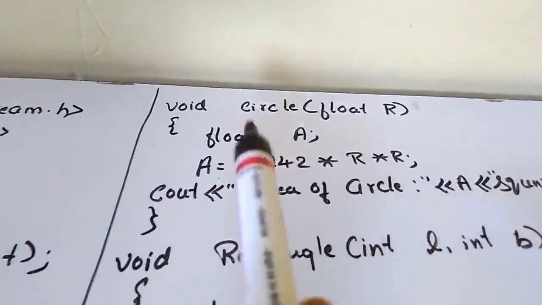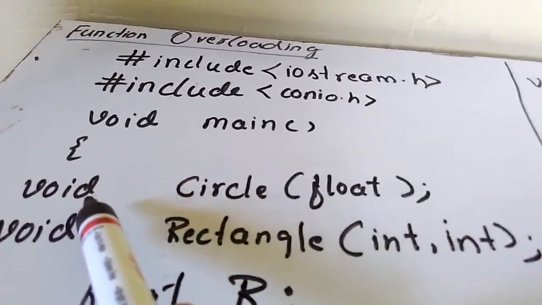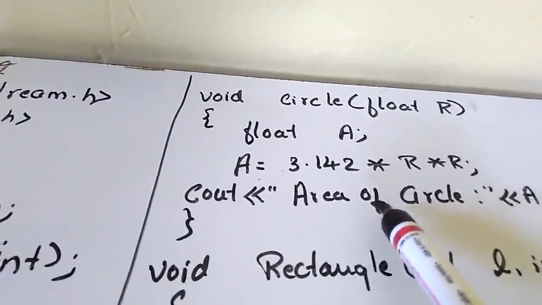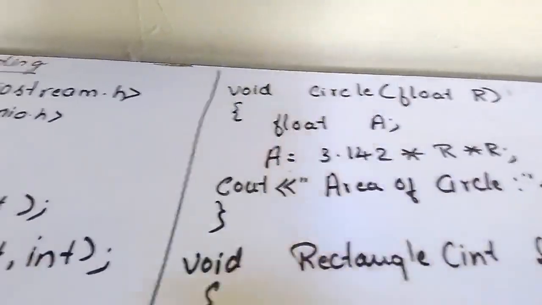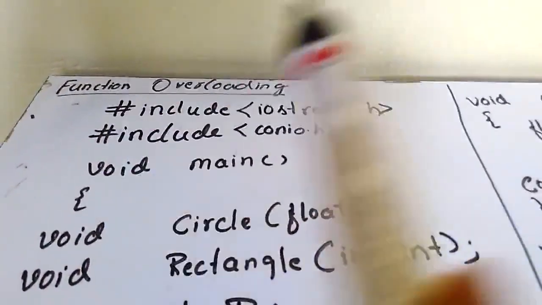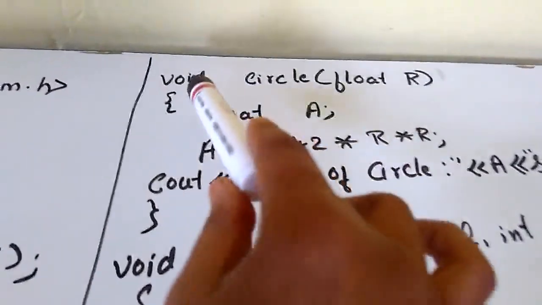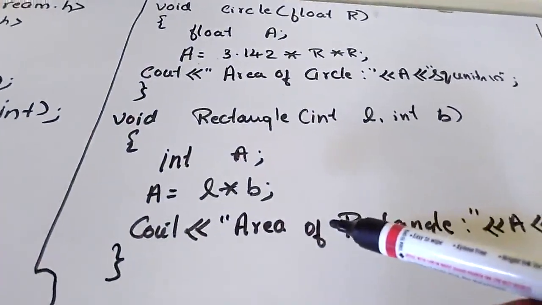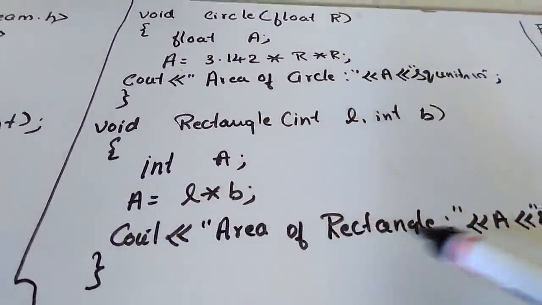I am not returning a value to the main function here. That's why the return type specifier is void. If you are passing the result to the main function, what type of answer will you get after calculation? A floating type answer. So if you are going to pass this value to the main function, instead of writing void, you must write float. In this particular example, I am not passing a value or result to the main function, so I have taken void here. Again, one more function is there, the rectangle function. In this function, I am calculating the area of the rectangle and displaying it from here.